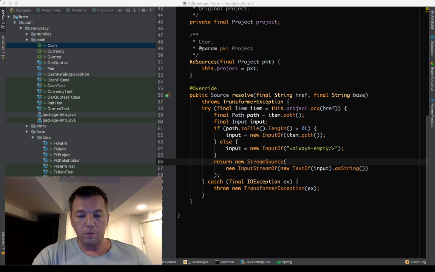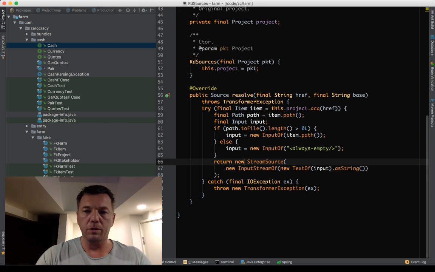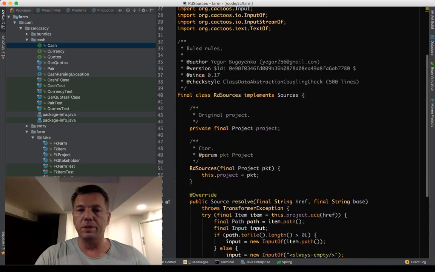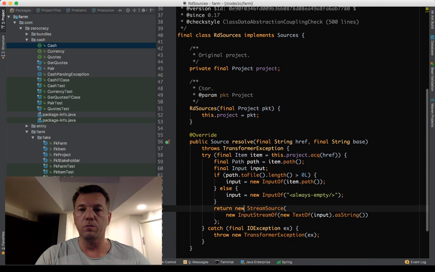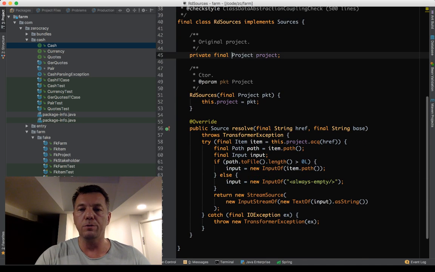So here's the problem. This is not something which I invented. I just found it in many sources and books, and the problem is called the dependency injection problem, or just the problem of dependencies. So any class, let me show you some class first. So this is like really simple piece of code. It's just one class of one attribute and just one method.